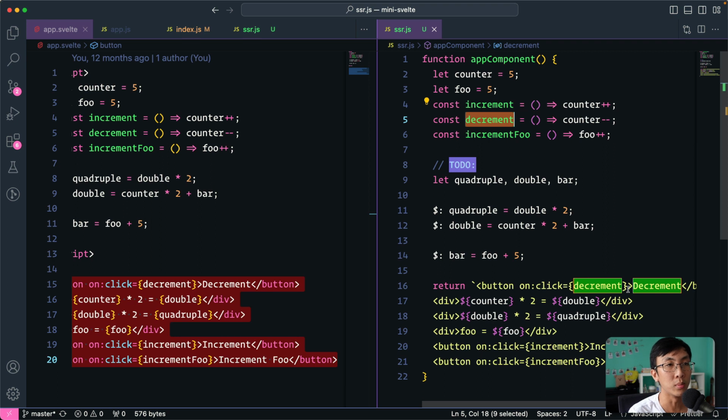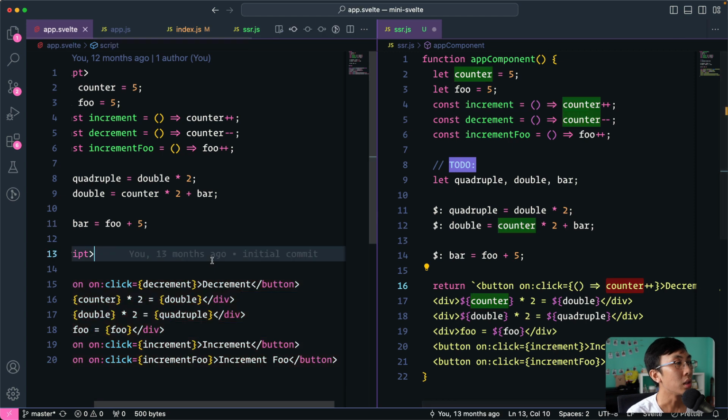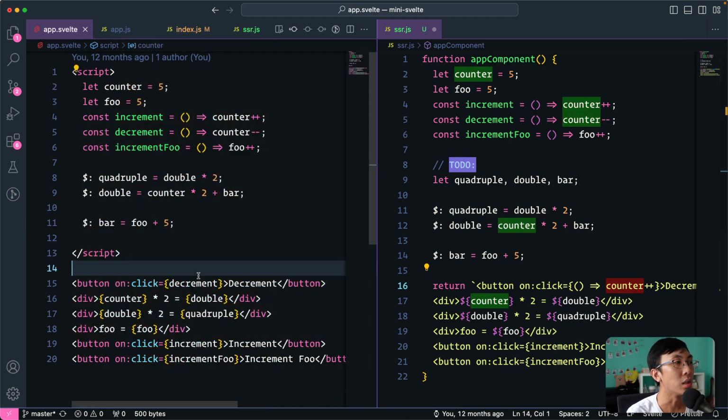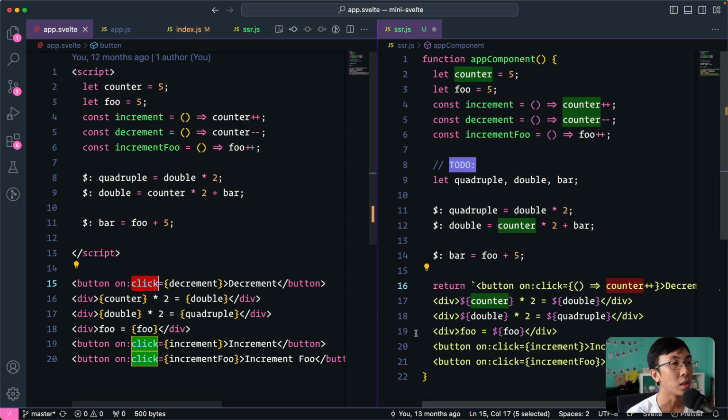So when you send it over, you can't send the function over. Even if you try to put all this inside here, it doesn't really make sense anymore, because the counter variable that you're referring to here, what does it refer to, right? So the on click, we're just gonna throw them away, because once the client side executes this, they will define a new set of variables, and then they will assign click event listeners and stuff like that, right? Those are two different places that you run the code, and two different instances,